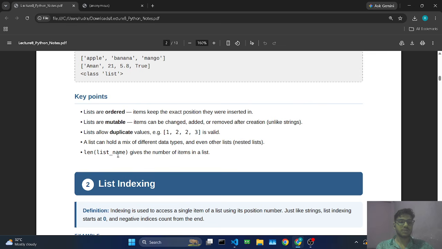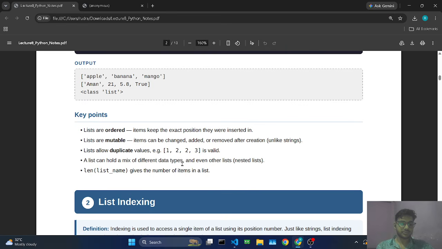The length of a list gives the number of items in a list. So if you find the length of this list, it will give the number of elements, the number of things separated by commas. So 1, 2, 3, 4, 4. The length of this list will be